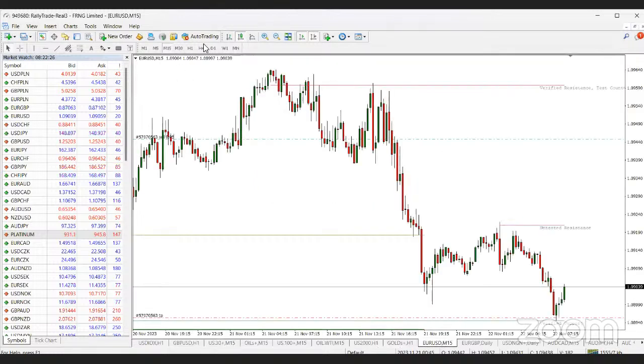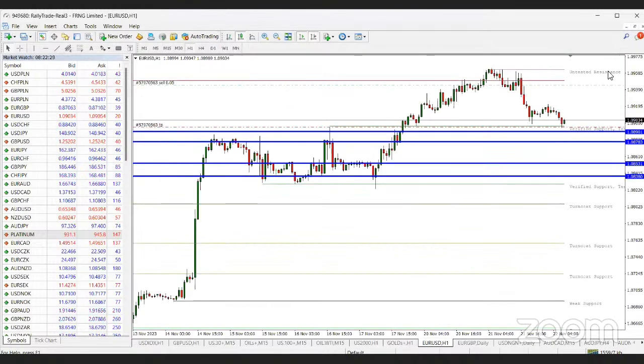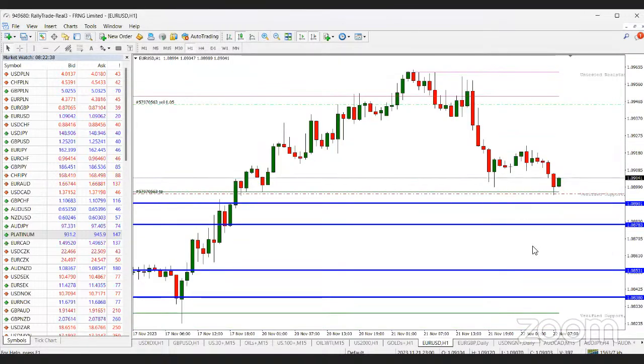Euro USD is also doing the same thing. We looked at GBP USD, right? I feel like with the kind of retracement price is making at this verified support, we expect that price will be... we said already that the dollar is at a resistance, right? The dollar is approaching a resistance, even with the strength it's gotten. And you can see that Euro USD is also reacting from this verified support.